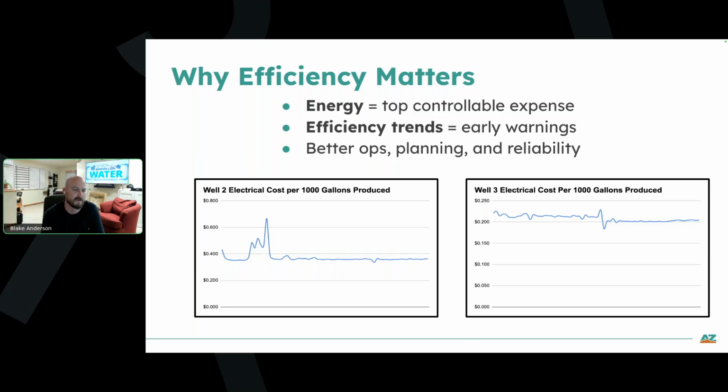And that gives us the time to plan, run off of our other wells for a while, and really do some good maintenance to the well itself while the motor's out of the ground. And so you see these two graphs here below you. This is real numbers from our system that I wanted to start with from two different wells.